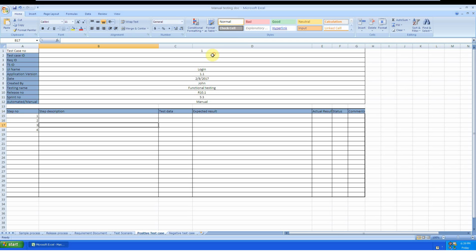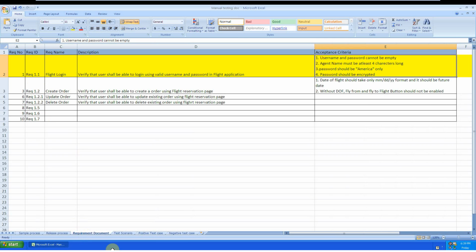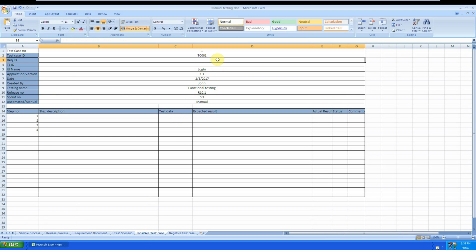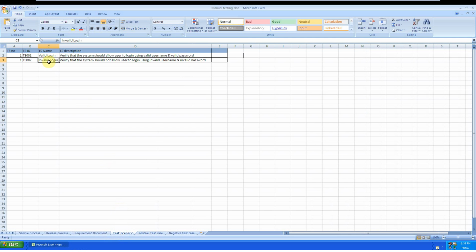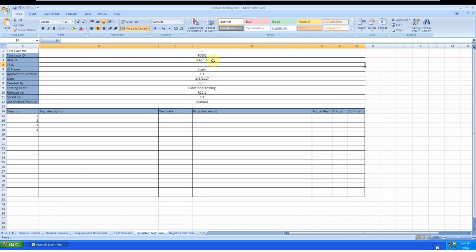I can give test case number 1, and the test case ID I can give TC001. Requirement ID, this test case is for requirement 001, I believe. Let me check again, REQ 1.1. So I'm going to say REQ 1.1. Test scenario ID for this requirement. What is the test scenario ID? The test scenario ID is TS001. And I'm giving the test case name valid login,